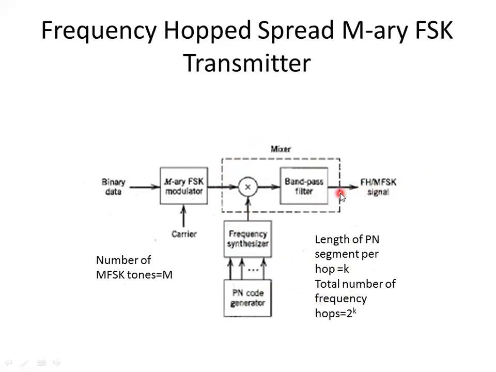So finally, the output of this is a frequency hopped MFSK signal. What is MFSK here? The output here is MFSK. And why frequency hopped? By using one of the frequencies which was the output of the frequency synthesizer, the center frequency of this was moved to this frequency. That means frequency is hopping. And as the time goes, these frequencies keep on changing. So there will be a hopping in the frequency. That's why the name frequency hopped spread spectrum.